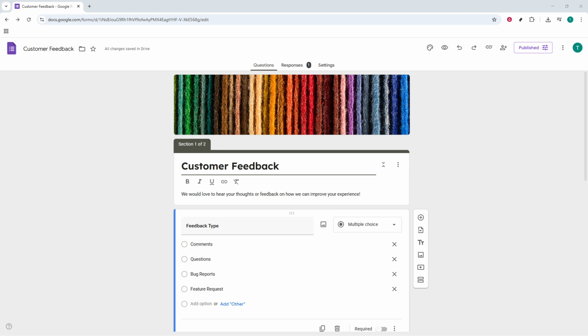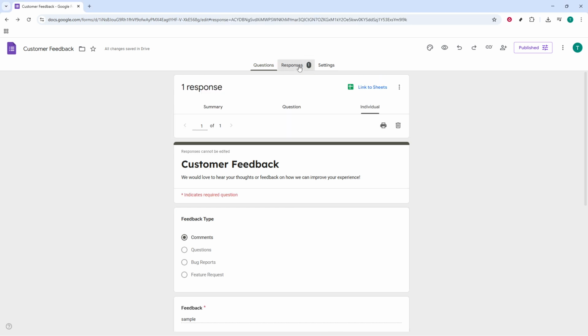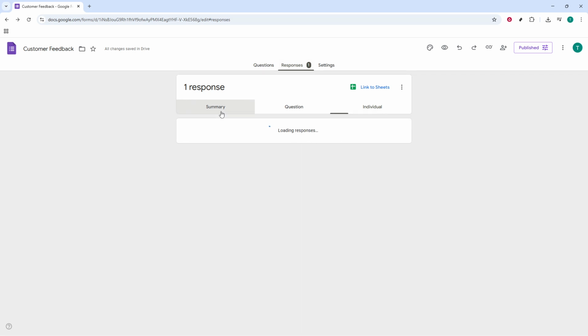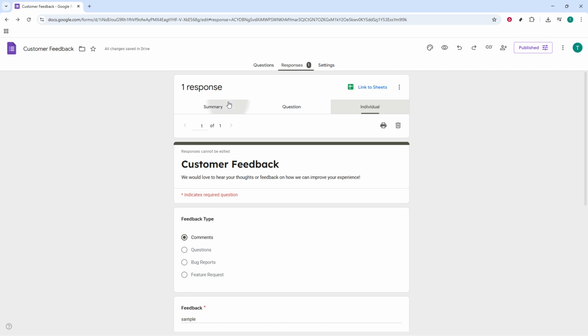Start by opening your form in Google Forms in your web browser. You'll see two main areas across the top: Questions and Responses. Click the Responses tab in the top center. This is where all submitted answers are summarized. Even if you haven't linked the form to a spreadsheet, you can still grab a raw data file directly from